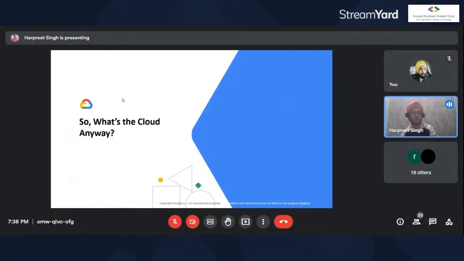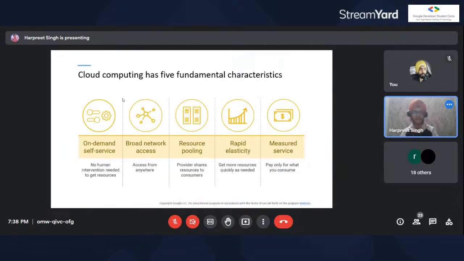So let us talk about what is cloud, the basic thing. Cloud computing has five fundamental characteristics. The first one is on demand and self service. Companies running traditionally have on-premises infrastructure. They store the data in their own data centers, maintain it by themselves, and carry forward with legacy systems only. But nowadays cloud technology is booming, so let us talk about how it can benefit us.